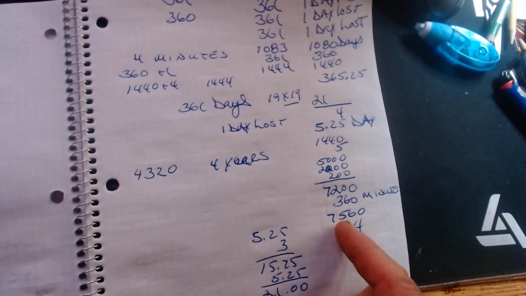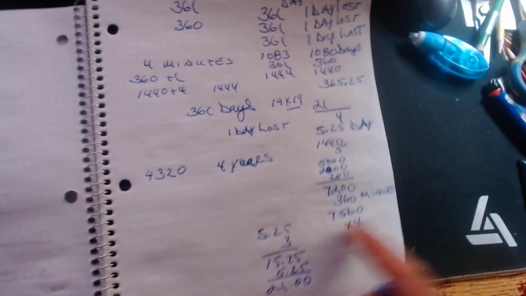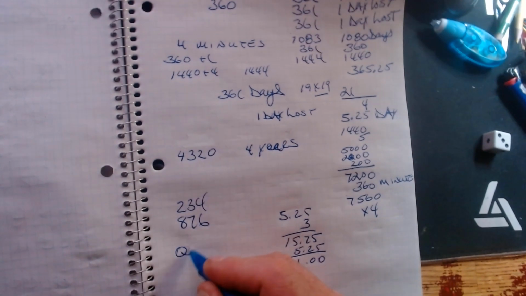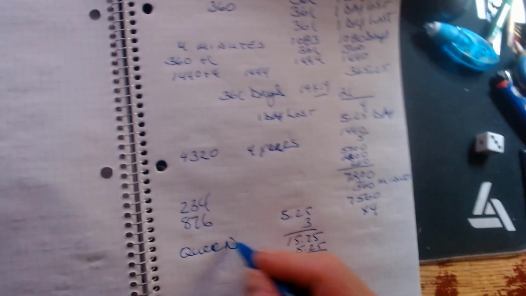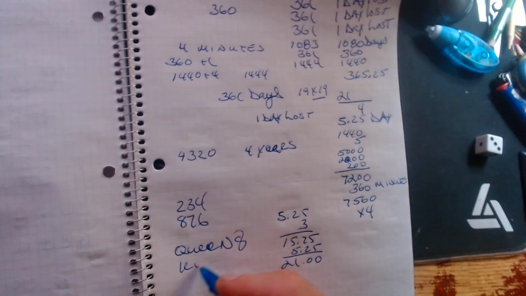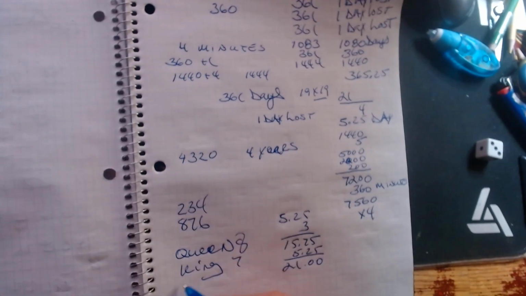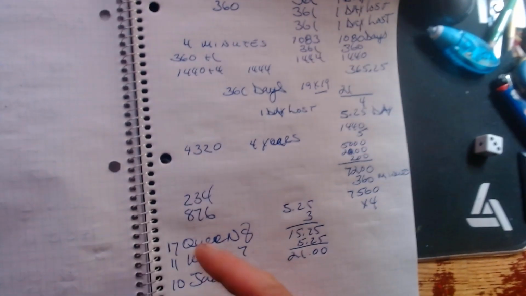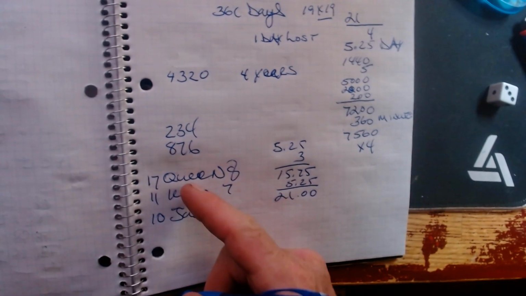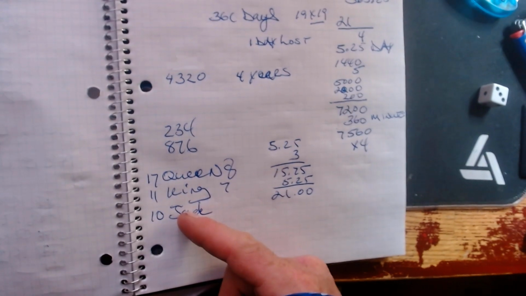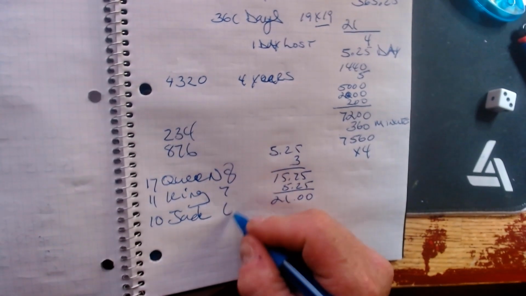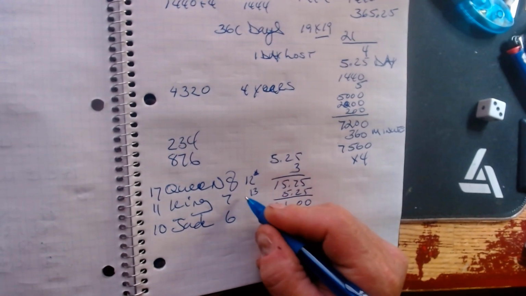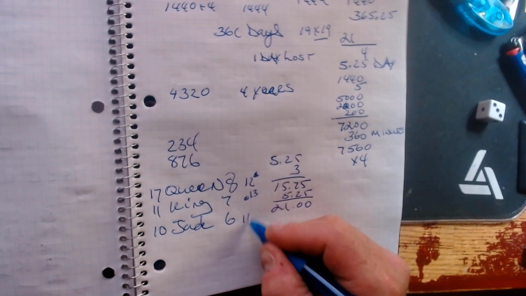Divide everything by 3, always by 2, 3, and 4. The reflection of 2, 3, and 4 is 8, 7, and 6, reflecting the queen, 8, reflecting the king, 7, reflecting the jack. These are the numeric values of the positions of those first letters in the alphabet. Although the jack, the queen, is the 12th card, the king is the 13th card, and the jack is the 11th card.